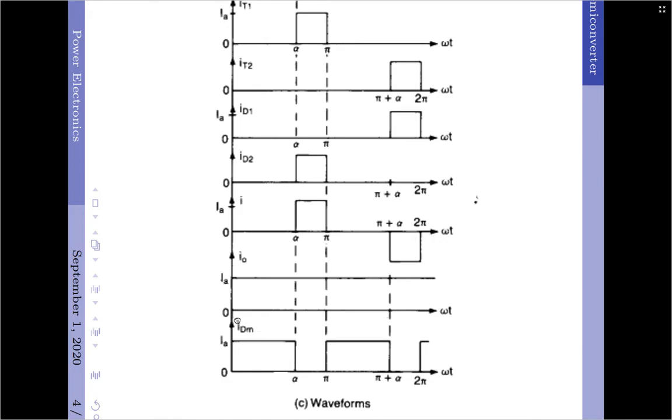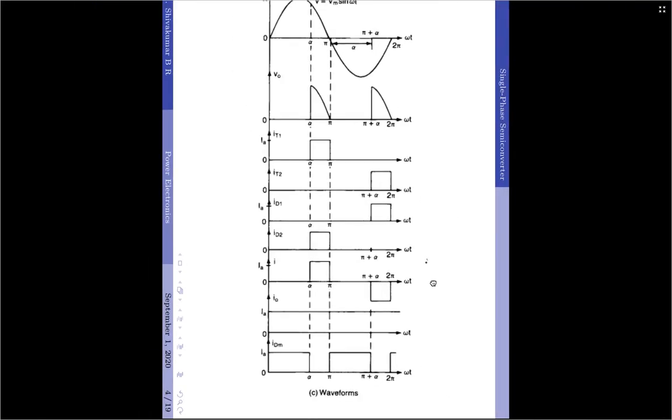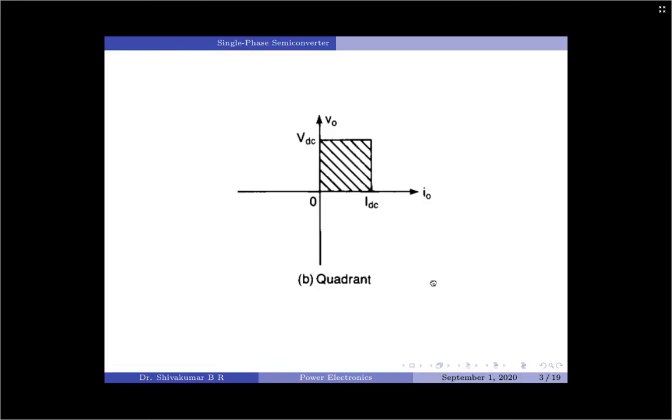Lastly, we have the freewheeling diode current itself. So you can here clearly see, probably this waveform should have come below this waveform. However, whenever the freewheeling diode conducts, which is between 0 to alpha, we have a continuous load current of IA. Again, between pi to pi plus alpha, you once again have the same value of load current. So adding this with the thyristor currents, we will get the final load current across the inductive load, and you can see this is constant and continuous. Right. So that is about the waveforms of the semi-converter circuit.